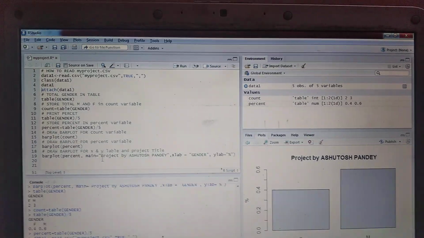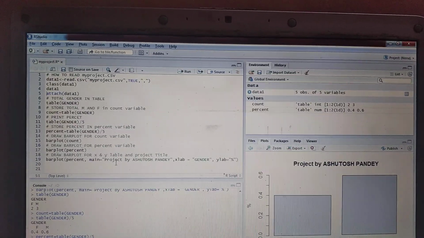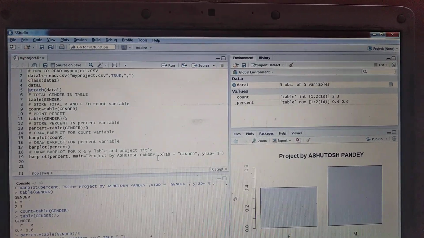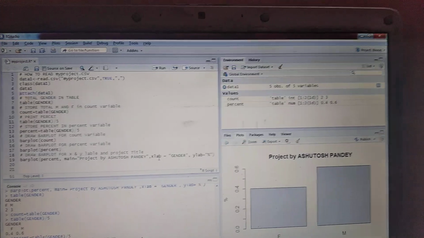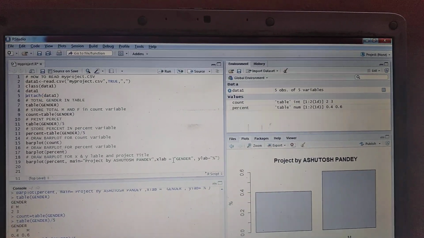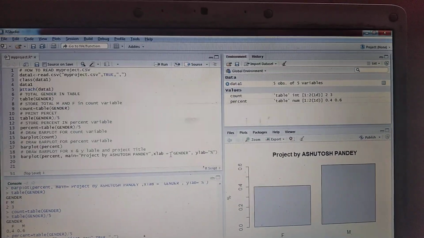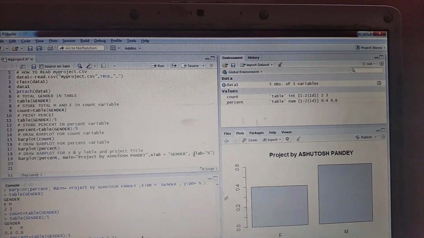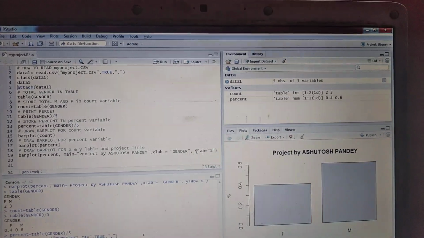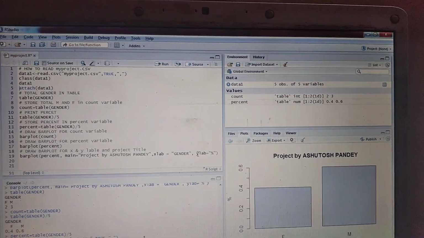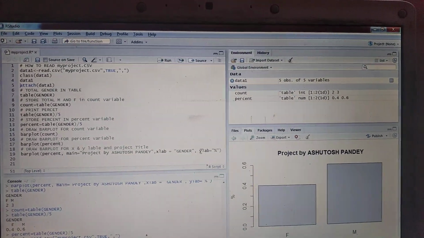So I am using for my project main equals Project by Ashutosh Pandey, then comma separator, then after that xlab for the x-axis, what you want to show in the x-axis, and here ylab means y label and xlab means x label, what you want to show or write in the y-axis or x-axis.